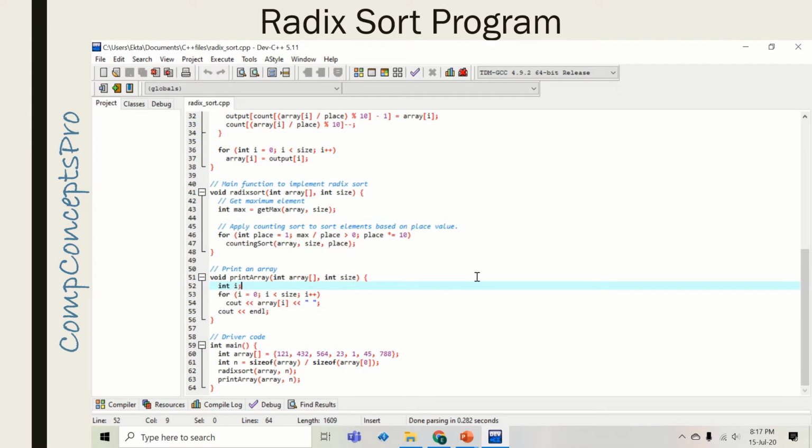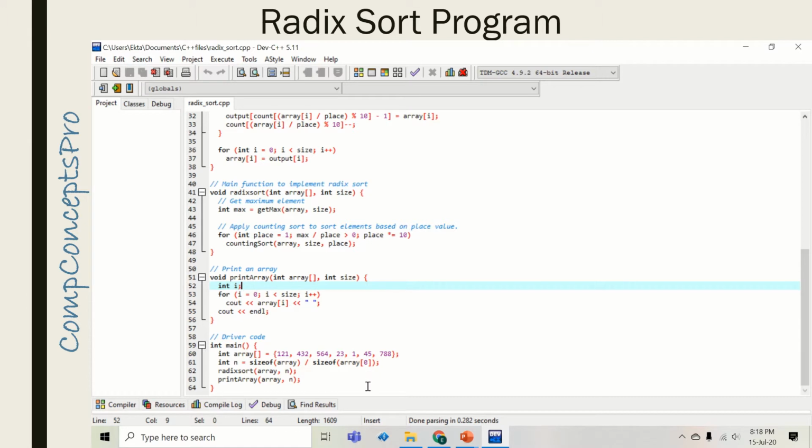So let's understand the concept of radix sort programmatically as well. The program starts with initializing the array. I have taken hard-coded values just to save time. You can modify the program later on by asking the values from the user also. Next, we will find out the total number of elements in this array, and this value will be stored in the variable n.